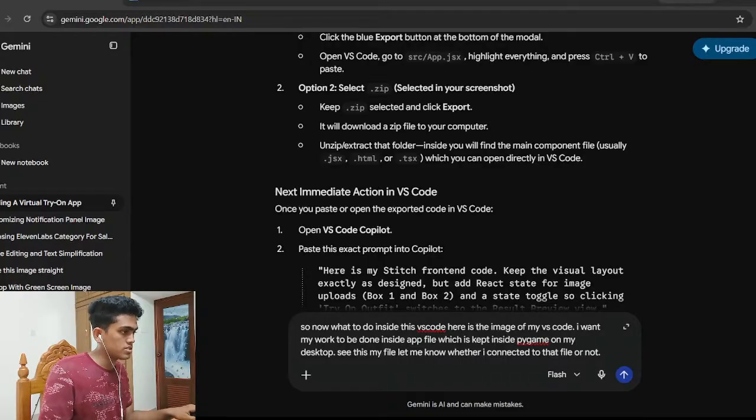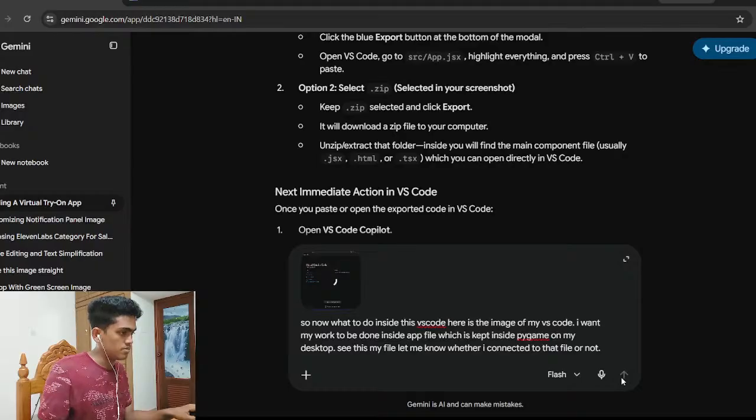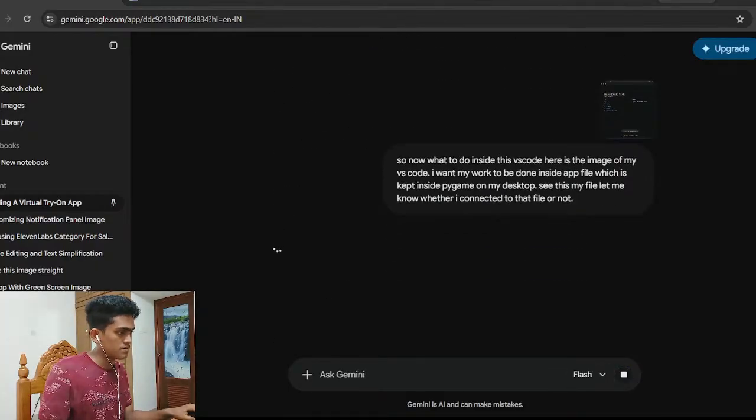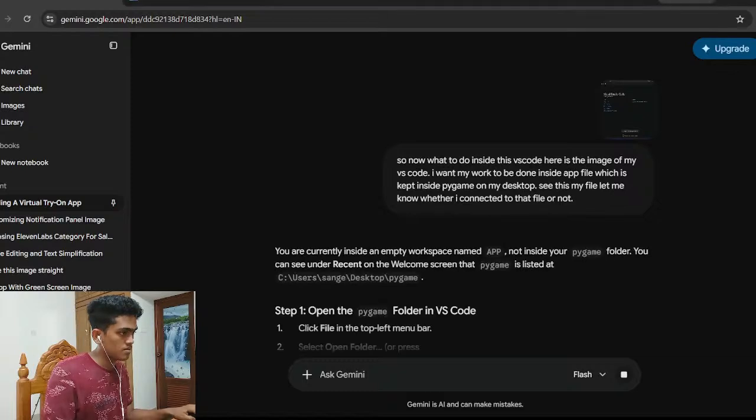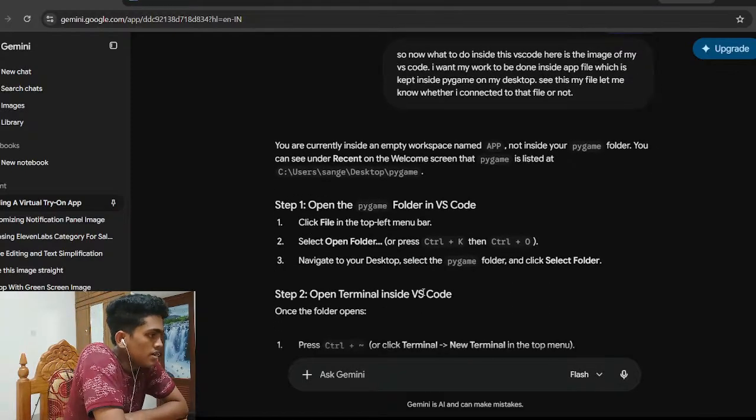So recently I took a screenshot of my VS Code. Now let me paste it over here and it will let me know what I should be doing with it. You are currently inside an empty workspace named app, not inside your Pygame folder. You can see